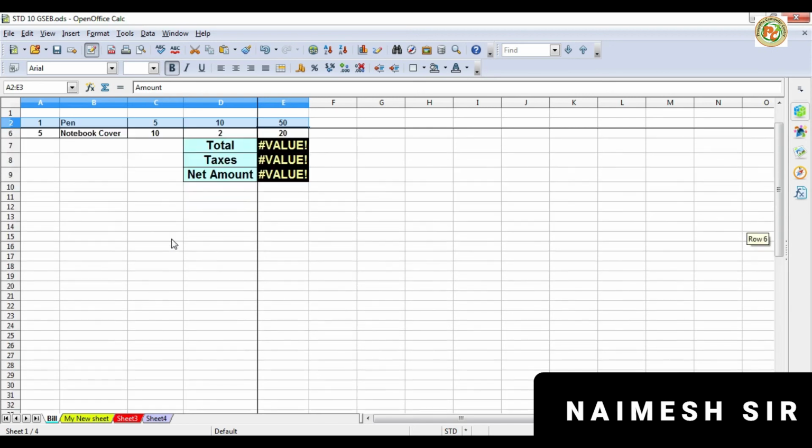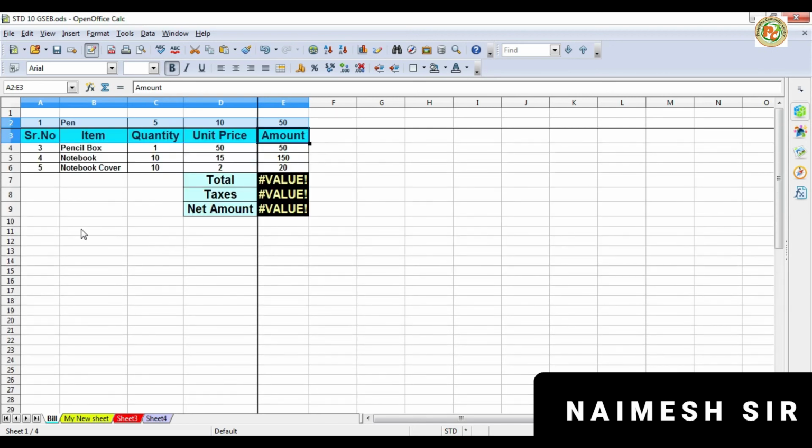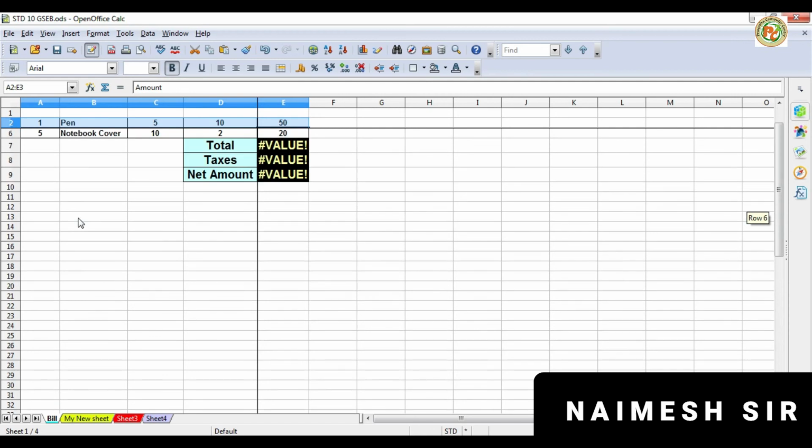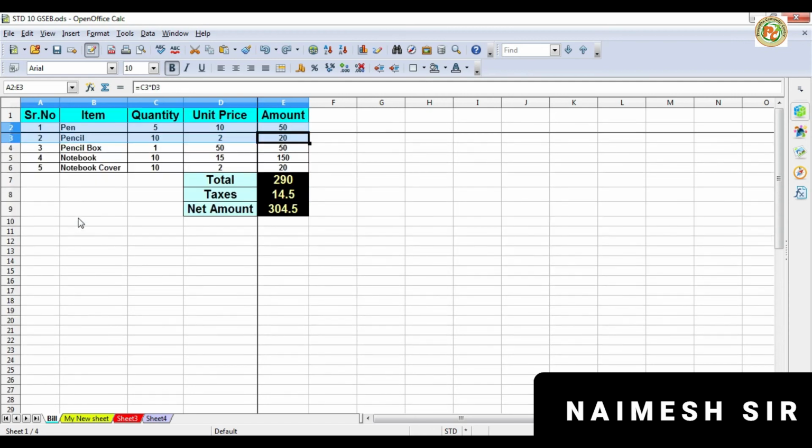Freeze means the row which you have selected will stay the same even if you drag. Sometimes we have 1000 records and we want to keep the heading on top, so at that time we can freeze the top heading so that we can remember which heading name is there, right? So this is called freezing the pane. This is the use of all the basic operations in this Calc software. You can work the same way in Excel also, and you can also freeze the content there.